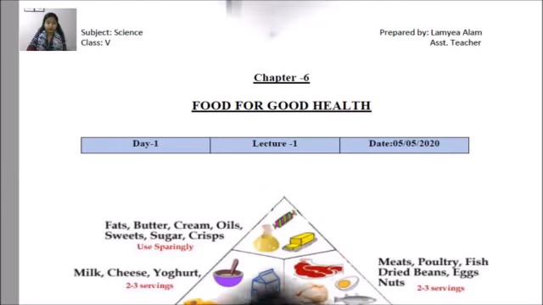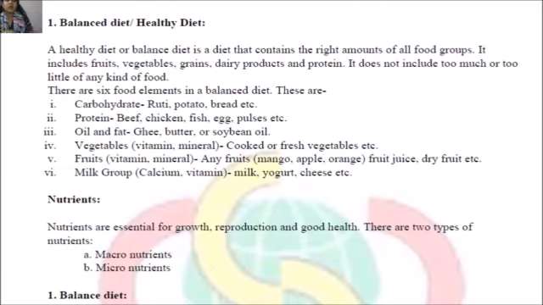Today we begin our chapter 6. The name of our chapter 6 is Food for Good Health. Before starting the chapter we have to know about balanced diet and healthy diet. So what is balanced diet or healthy diet? In general sense, a balanced diet or healthy diet means the right proportion of all food groups,